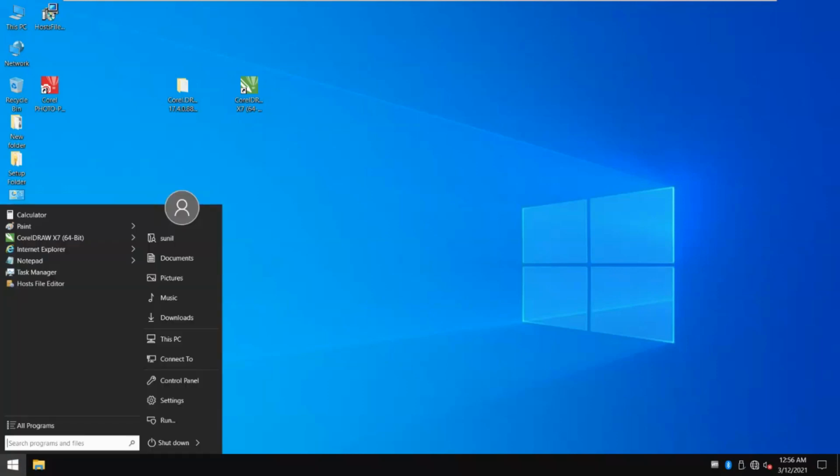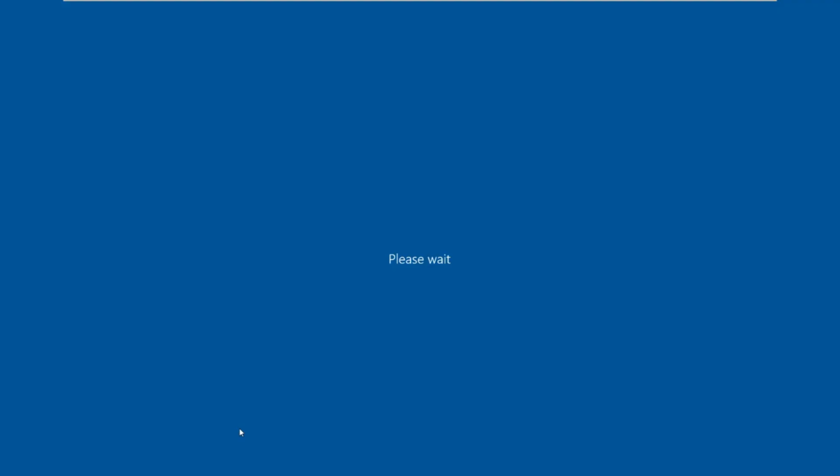You have to press the Windows icon, and by pressing the shift key, you have to turn off your Windows 10 and restart it. But while restarting, you have to press the shift key so that we get the featured window on which we can disable the driver enforcement for Windows 10. So I press the shift key and I am going to restart my PC.